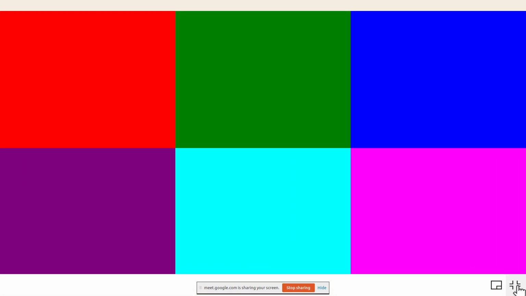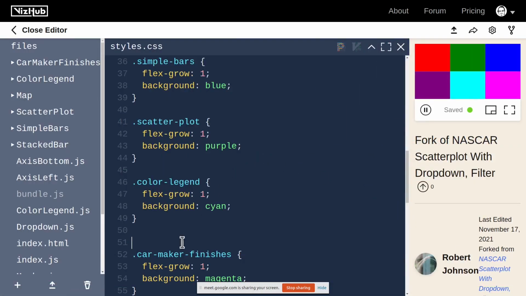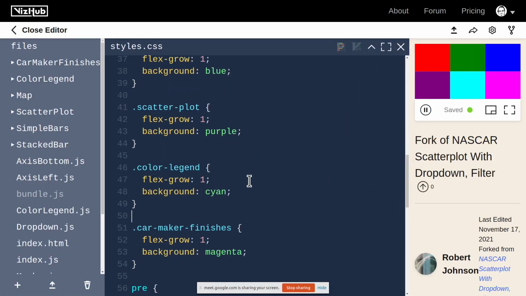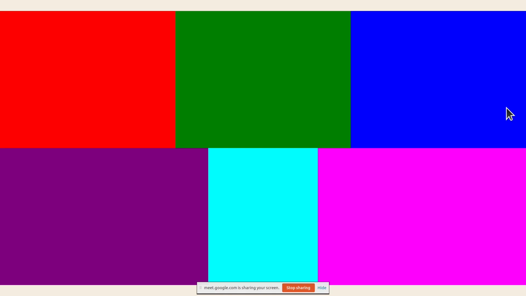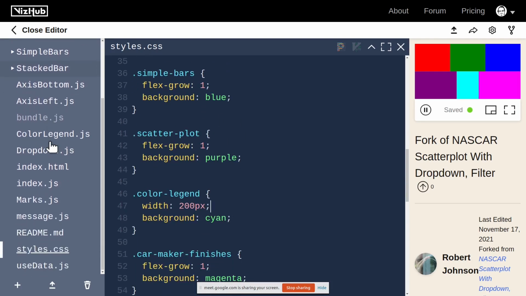Okay, so we've got this grid layout. Now let's make it similar to the one that you want by making the color legend of fixed width. And we can do that by, instead of saying flex grow is 1, we can set the width to be 200 pixels. And now it's just exactly what you were going for. Perfect. Wow. Okay. Awesome. And so from here on out, you can just fill in all these components, but first